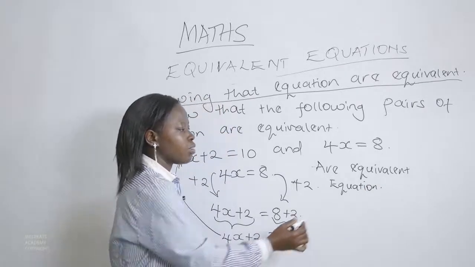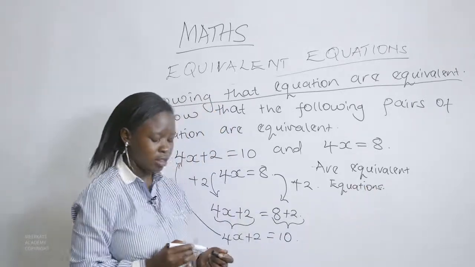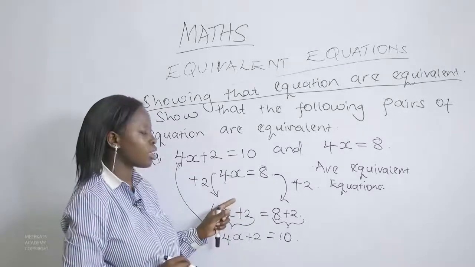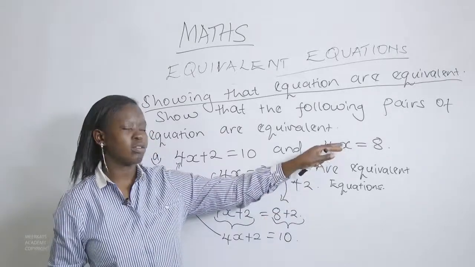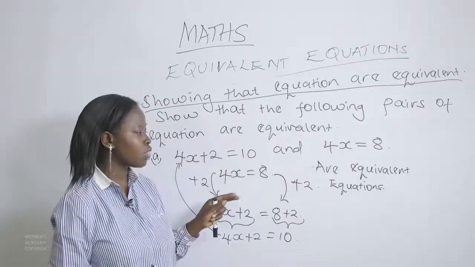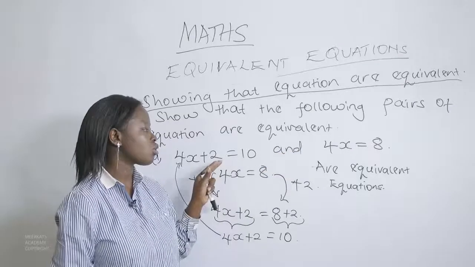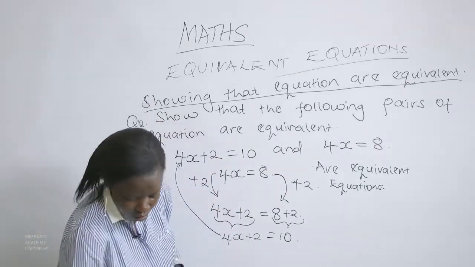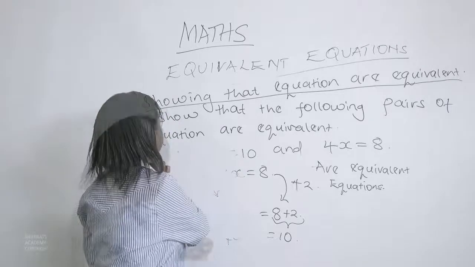And we are saying that they are equivalent because it is possible for us to add a number on both sides, the left-hand side and the right-hand side of our second equation, and obtain the first equation. So that makes the two equations equivalent equations. The second example we have,